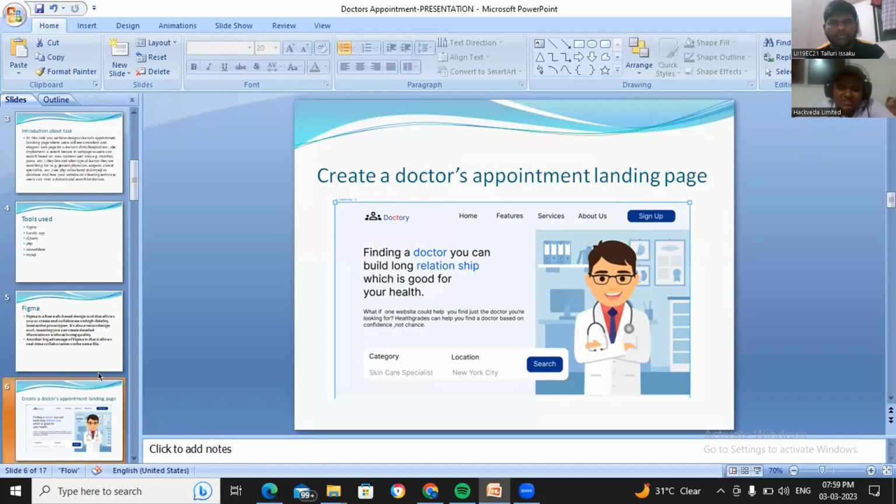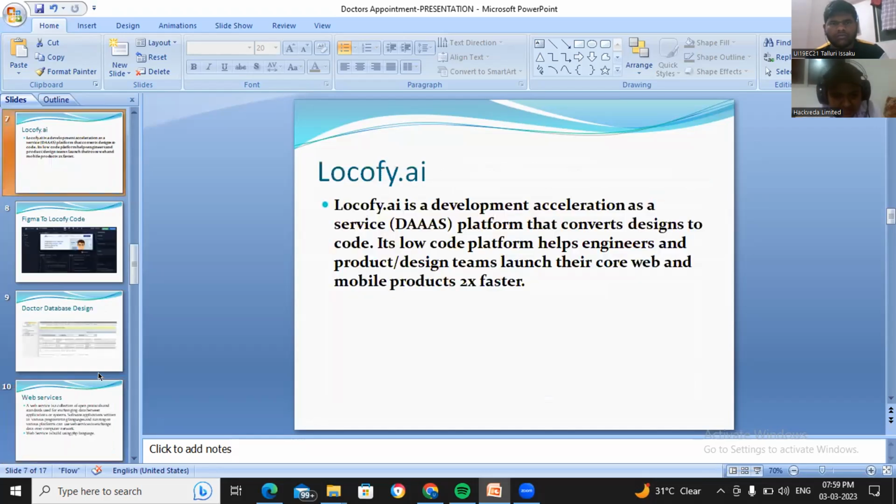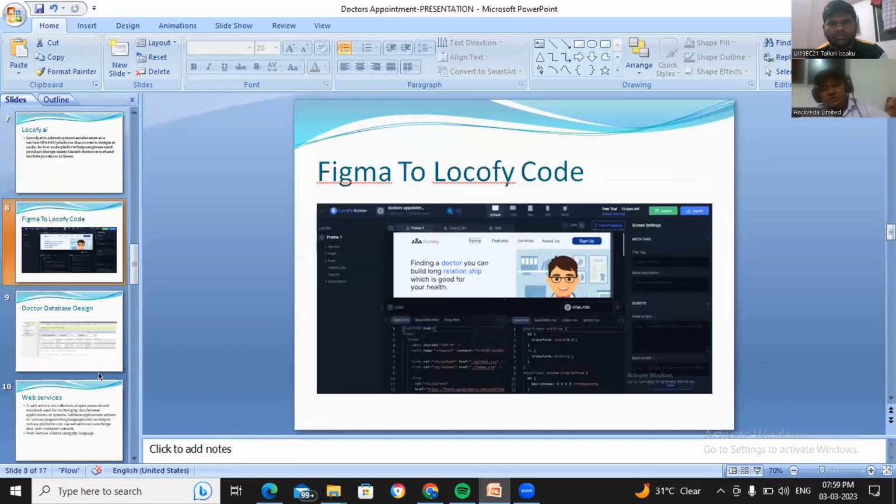But you missed the design explanation part. So go to the next slide. Yeah, this is also good. Go to the next one. See, so Figma to Locofy code. When you are explaining the exported code, when your code is being exported, don't say that this is my export. Say that when you are using a tool, that is Locofy, your job is to explain about Locofy itself. But you don't want to go too deeply into Locofy. It will just stress the presentation really well.